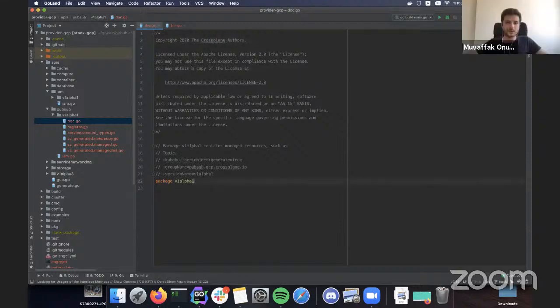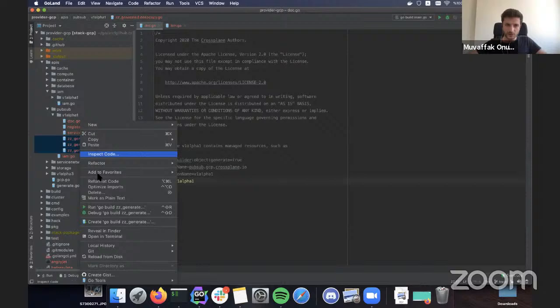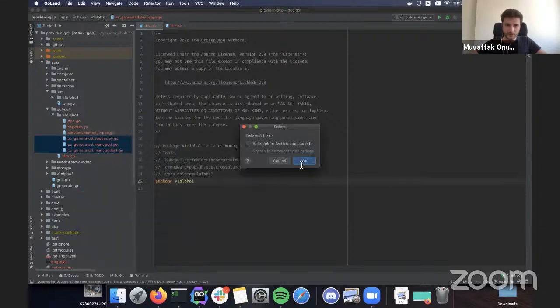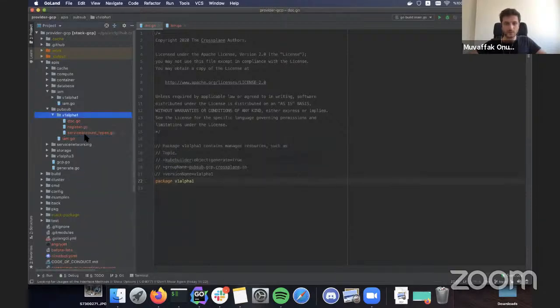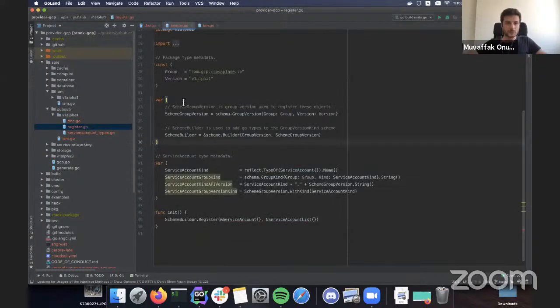Yeah, exactly. So I will just go over those Go files. You see a few generated files here. We can just go ahead and delete them because they will be generated automatically anyway. So this was doc, this is register. There are a few changes on strings here.